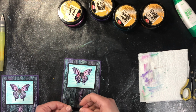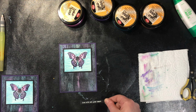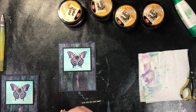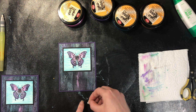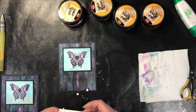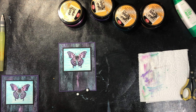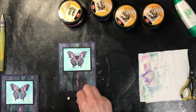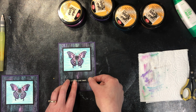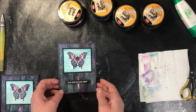And then last but certainly not least, I'm putting the sentiment. So I've got one that's white embossed on black because I wanted it to pop a little bit and I wanted that black to shine through. I could do it on a purple cardstock embossed with white, just to tie in with the card base color. But I think because the purple is so dark, I couldn't do it with purple embossed with black because I don't think you'd see it. And there we go. And there is our